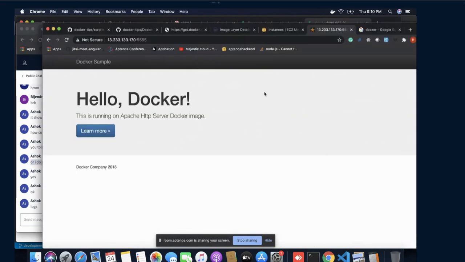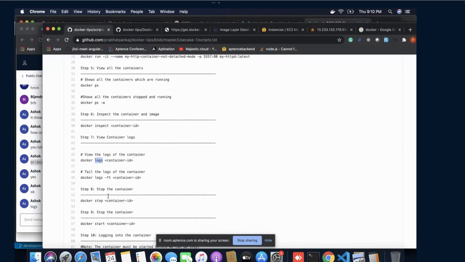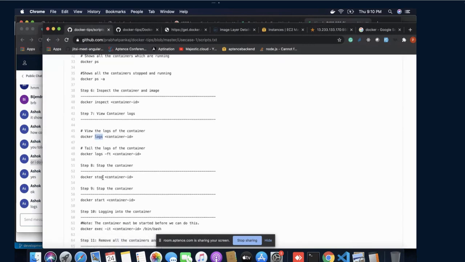Okay, so now coming to this one, if you want to stop your Docker container, the command is very simple: docker stop.